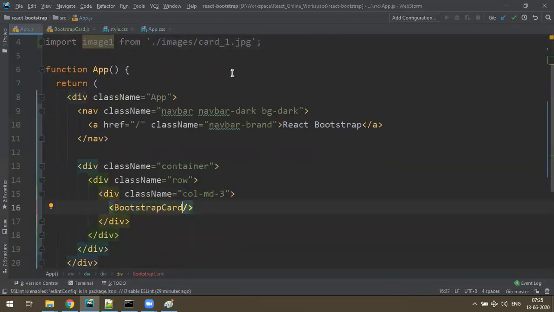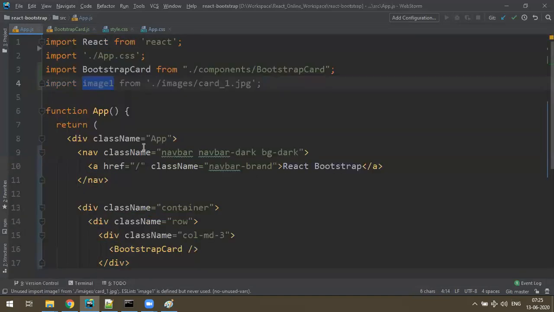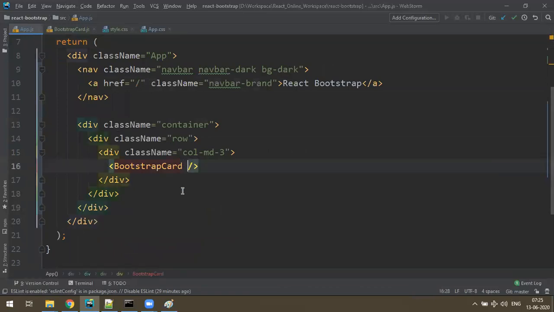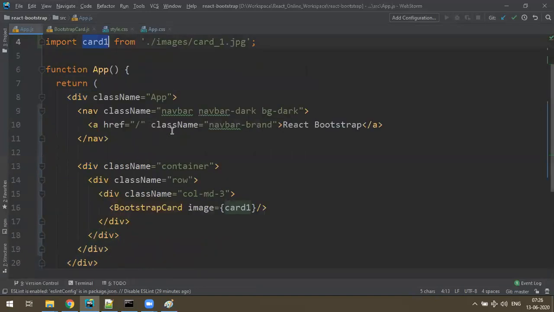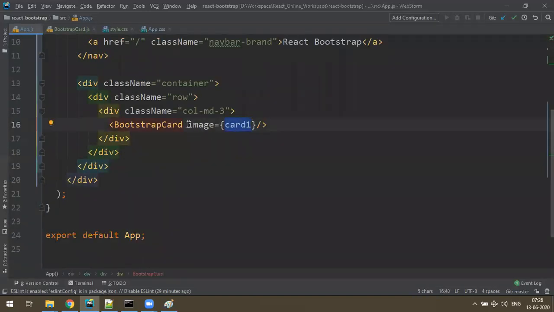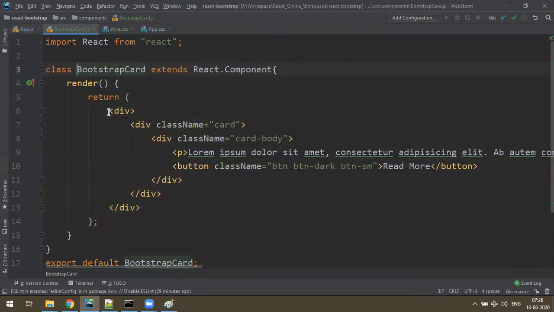Same as yesterday we learned the props, right? So here what I do is, better do one thing. Image1 you'll confuse. Let's take card1. Okay, so let me pass it on here as a prop, so that I can display it. So what you do, image is equal to card1. You can import the image in this way, and that value you can pass on here as a prop. Okay, now the bootstrap card is expecting a prop called image. So how to get the prop in class based components?